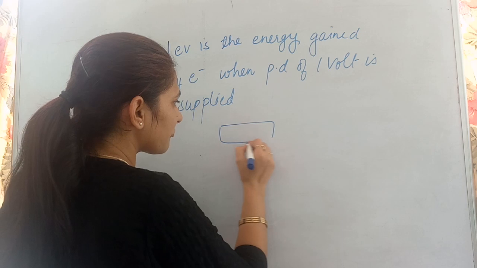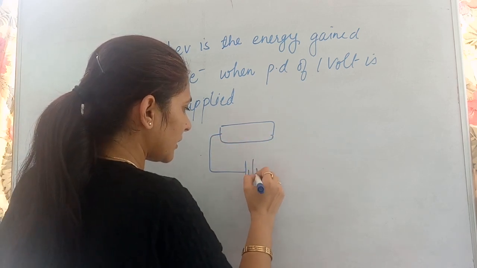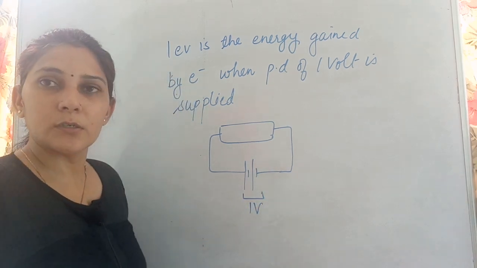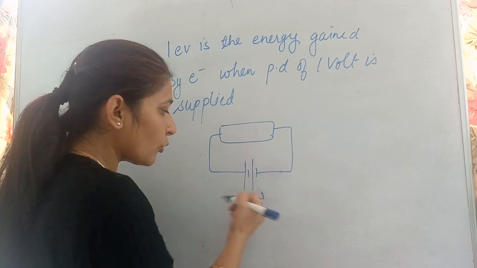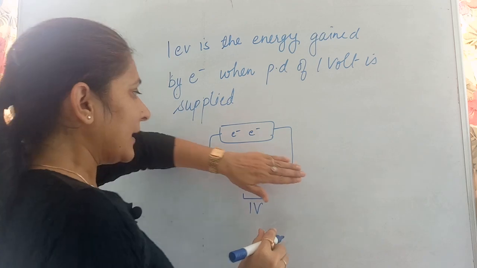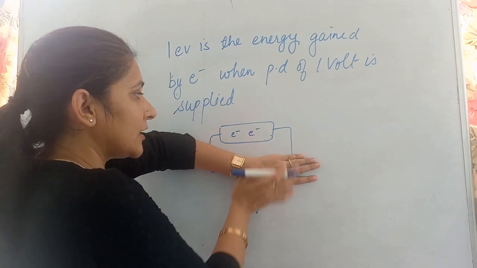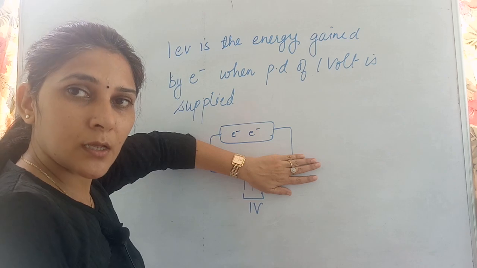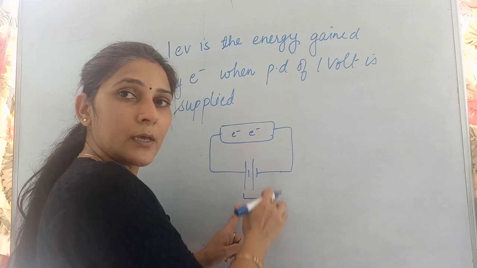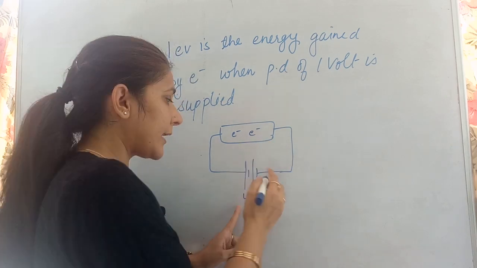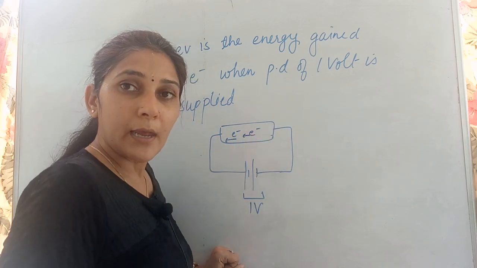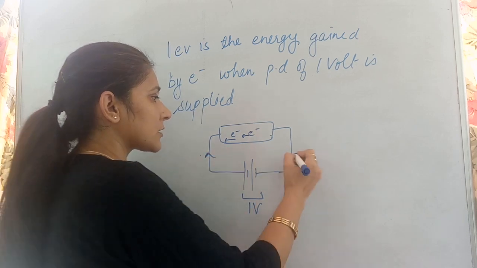Suppose this is a piece of matter and it is attached with a battery or a source of energy. Okay, and the potential difference across this is 1 volt. What will happen when we connect it over here? The electrons which are present over here, they'll start moving in a particular direction. Till the time we have not supplied this potential difference, these electrons will move in random directions. As soon as we supply this 1 volt potential difference, these electrons will start moving in a particular direction. If this is the negative terminal, all the electrons will start moving towards the positive terminal, and the direction of current is reversed to this, from positive to negative.